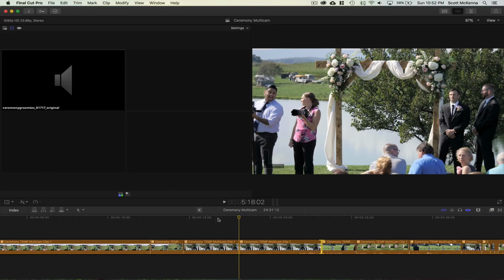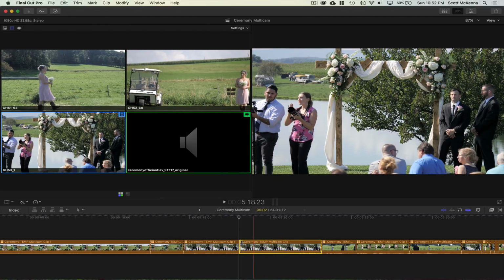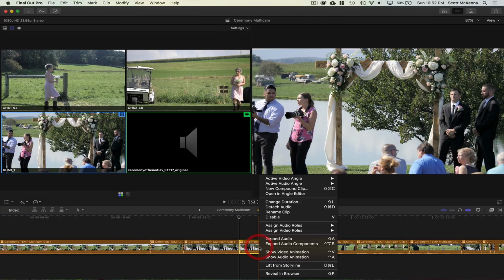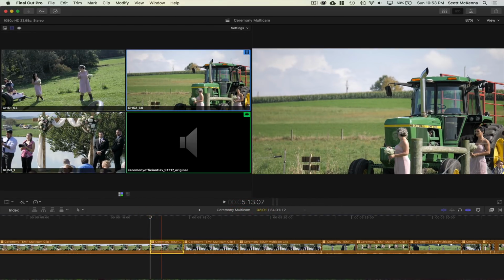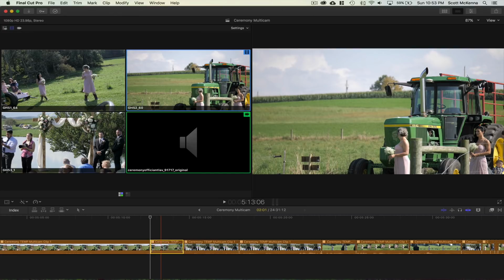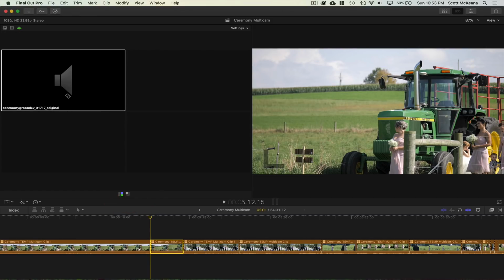Now, one way that I sometimes choose to edit audio, or even certain camera angles at certain spots, if I'm just really quickly in the midst of it, is you can right click on any one of these clips and you can see that there's active video angle and active audio angle. So if I was in the middle of this edit, for example, and I actually wanted the audio to be the groom instead and I forgot to change it, I can go up to audio and go to the other page with the ceremony groom and click it and change that audio source.